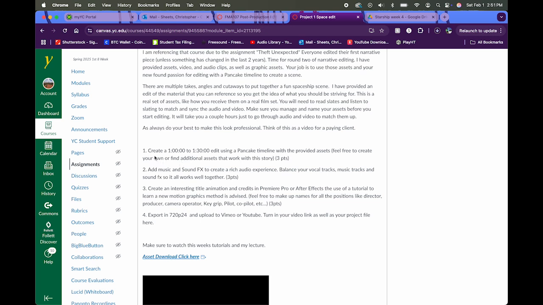Create a 1 minute to 1.5 minute edit using a pancake timeline that provides assets. Feel free to create your own and find additional assets that work with the story. So what I mean by this is you're going to create a pancake edit. I'm giving you a bunch of assets. If there is music, sound effects,